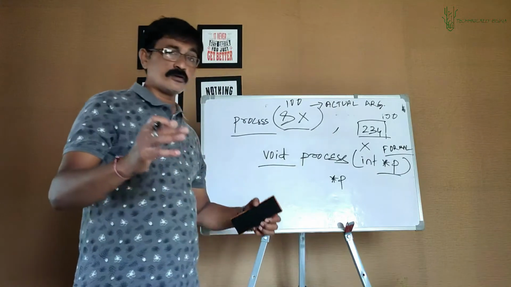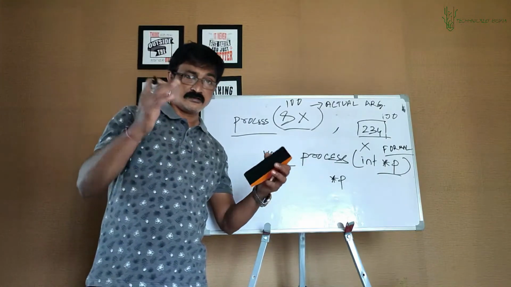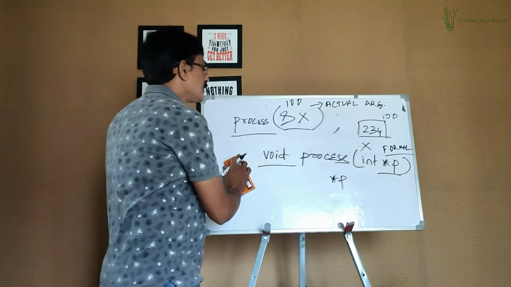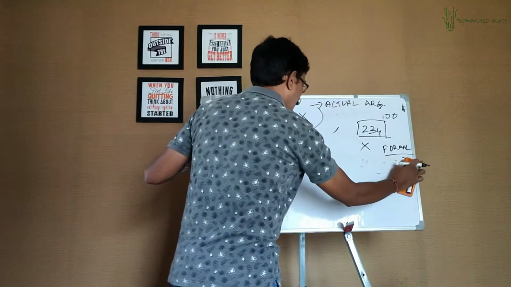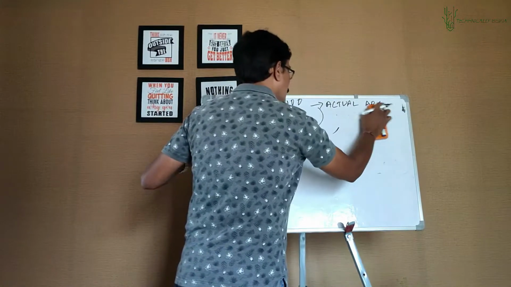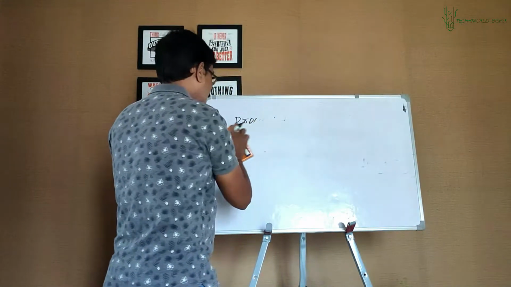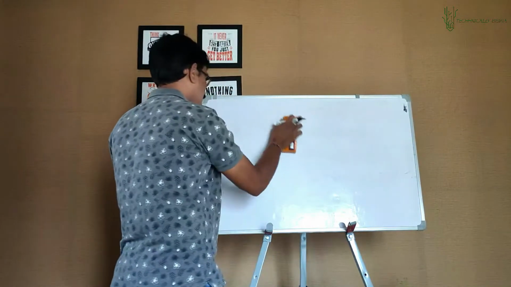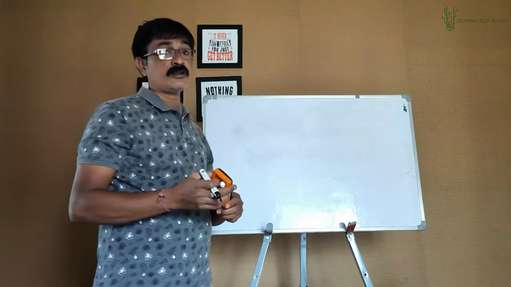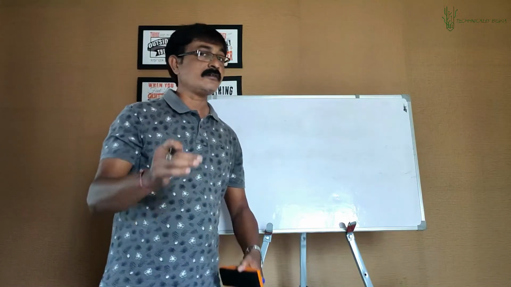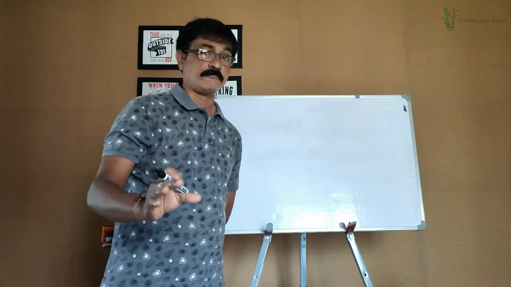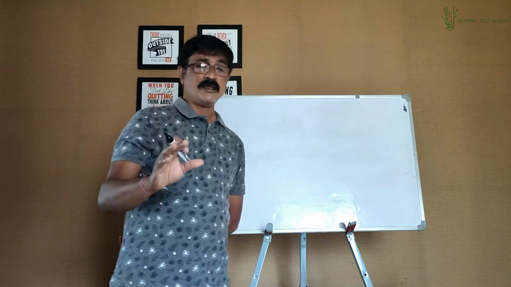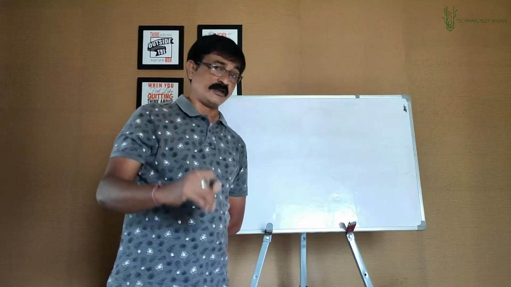Well, now let's go back to our discussion. See, this call by value and call by reference, the basic difference between the two. I said in the beginning there is something called call by value, there is something called call by reference. So to understand the basic difference, let's take a very time-tested example, an example which is taken almost always. That example is swapping the value of two variables.